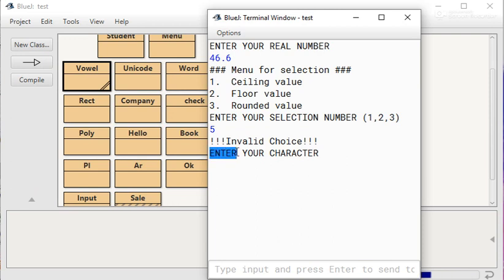So our message is from here: enter your character, and we type any character. Suppose I have given the character E and press enter. Output will be E is a vowel.